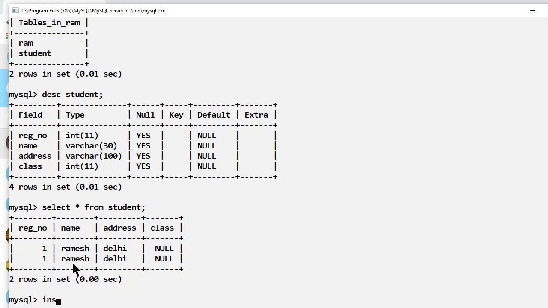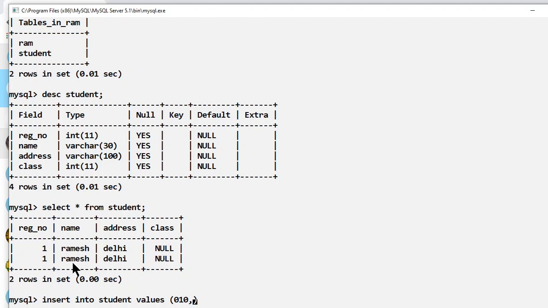Now what if I want to insert more records? I will use the insert command. Insert into, the name of the table is student, and sorry, the student name is wrong. Student, and the values are, what are the values? See, in student there are four fields. First is registration number. Let us suppose the registration number is 101. Second is name.